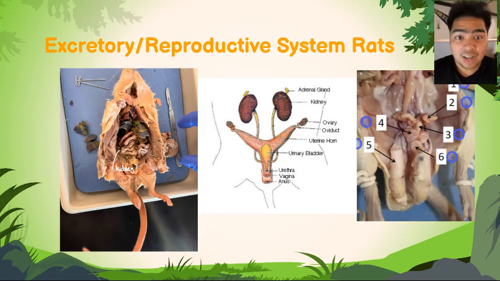The excretory and reproductive system. The excretory system involves the kidneys, a pair of organs that filter blood and produce urine, ureters, a pair of tubes that connect the kidneys and bladder, the bladder, which stores urine, and the urethra, the tube along which urine travels to exit the body. The reproductive system involves the testes, which produce sperm,